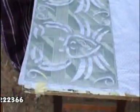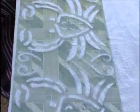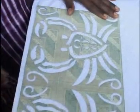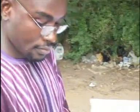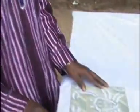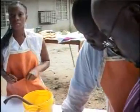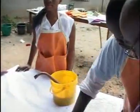That is the stencil we saw earlier on, which was cut from linoleum. You can also cut out organic shapes or geometric shapes or whatever you design. And I find that the linoleum is a very tough material because you could use it for several prints. It's ordinary carpet you use for living room. So you cut out your design with a sharp blade and you now pass the laughing or cassava